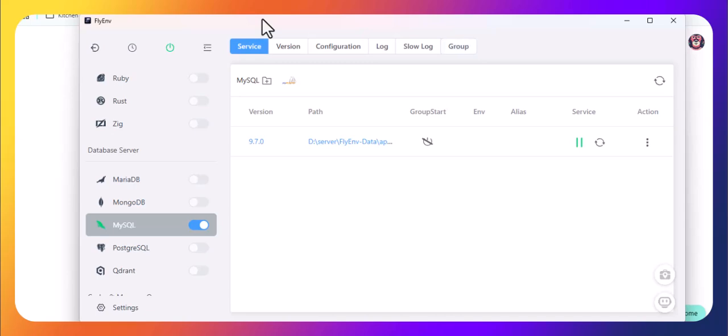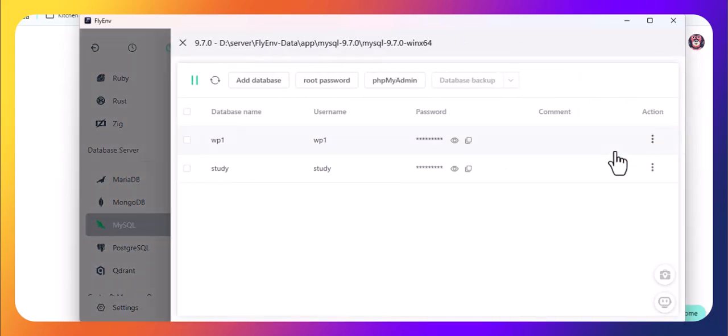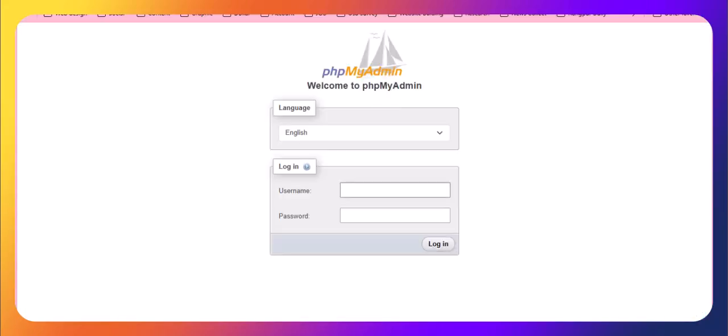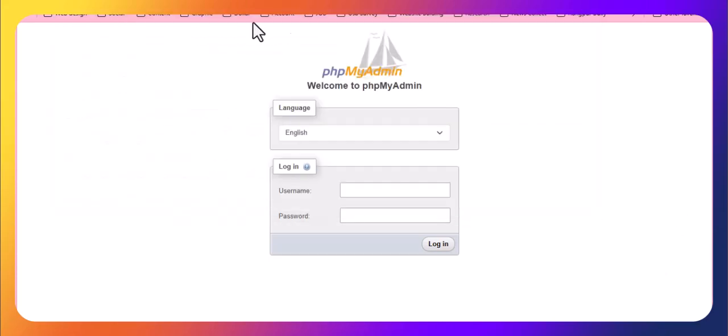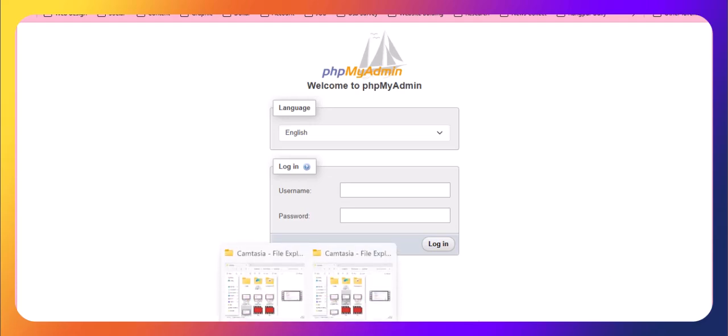Click the service. Here the service is marked. So you need to set up here, manage. So here you need to set up the phpMyAdmin. Click. When you click phpMyAdmin, it automatically sets this up. So when you are new, this is not showing you, so you need to set up the